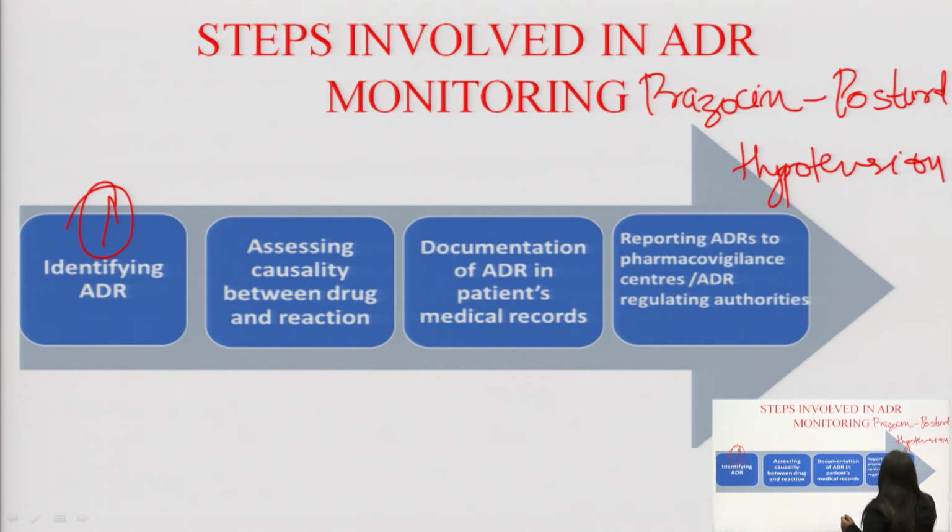Now, this is a known adverse drug reaction. We will be taking this example. We have a male, let us say a male 65 years of age, presenting with postural hypotension and is taking prazosin. So, this is the case, right.